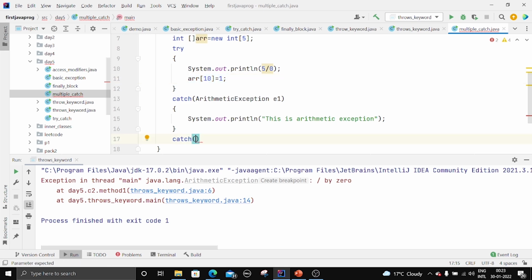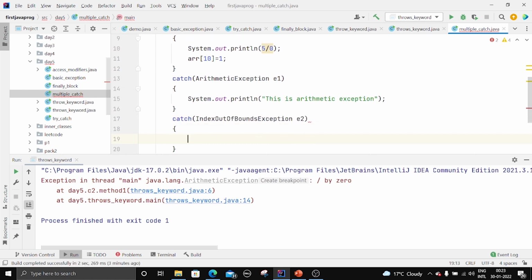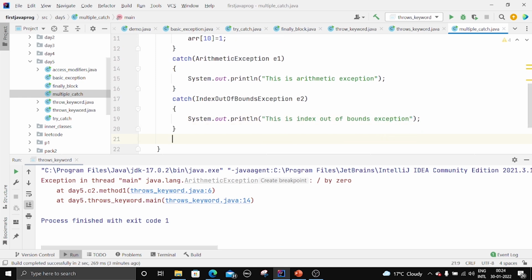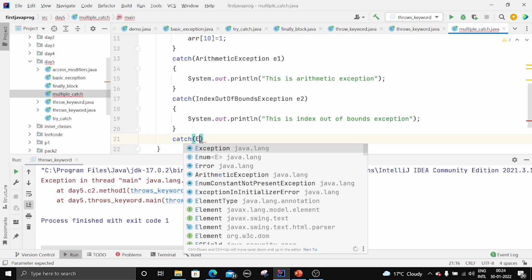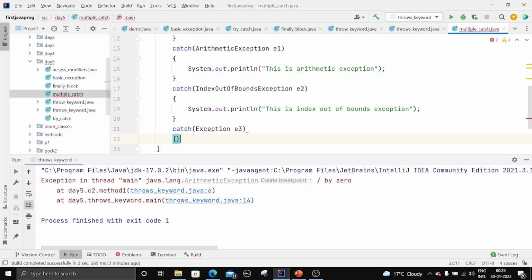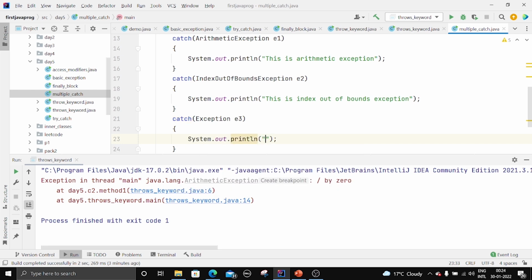exception, catch index out of bounds exception E2. And now let us write this is index out of bounds exception. Right? And if these both cannot handle, then at the last, let us write the exception E3. And this will be printed only if the above both catch blocks cannot handle